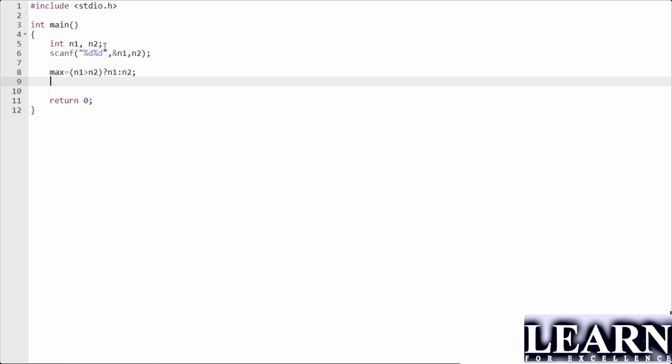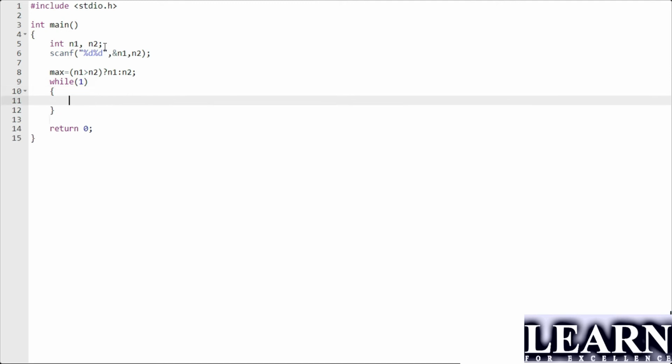Once the maximum value is done, I'll write the while 1 condition, which is always true. I'll not break the condition while iterating, so if I want to break it, I'll give the break statement as I explained in the PPT.